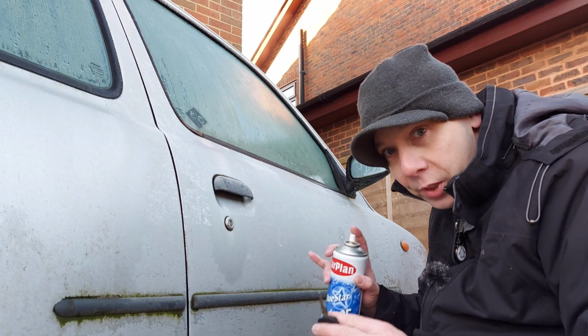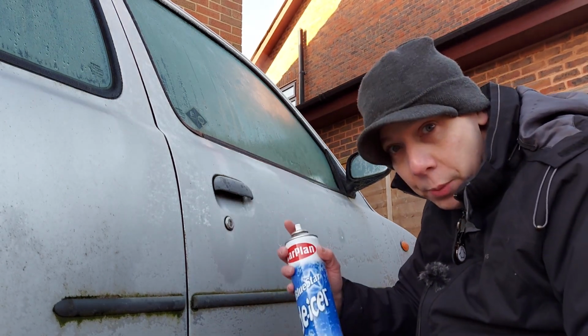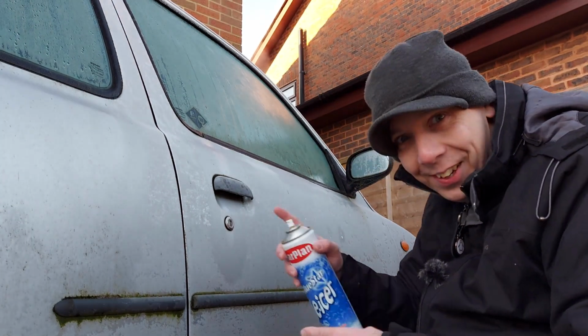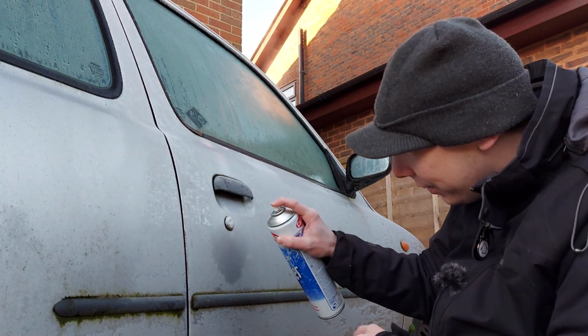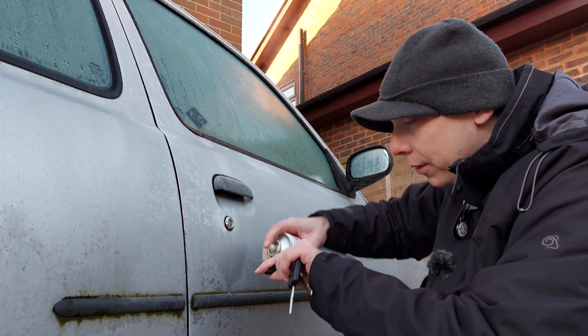So while the Primera sorts itself out, we'll turn our attention to the Micra. I've already sprayed the windows with de-icer and I want to now install that spark plug it's missing, but I can't get in because the lock is frozen. So I'm going to try a little bit of de-icer on there and indeed on the key and see if